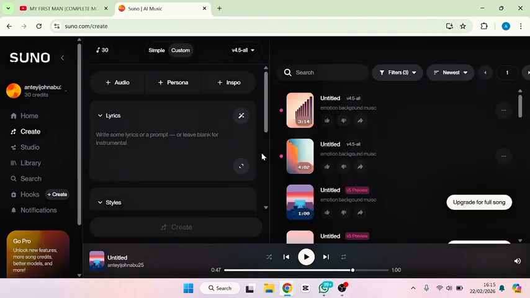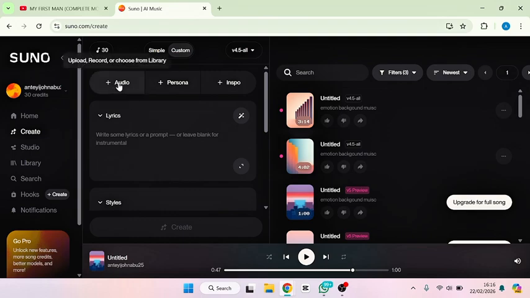If you click the create, it's going to bring you here. As you can see, make sure it's on custom. For the purpose of this video, make sure you leave it on custom setting. You may ask, how do we now use our own language, our own dialect? So for you to do that, you need a voice sample, like a reference voice, which you can use your own voice or any language that you want to use. You can just upload any language music, the language that you want to use, or you can actually go ahead and sing it directly here.